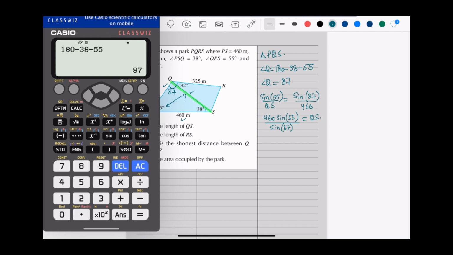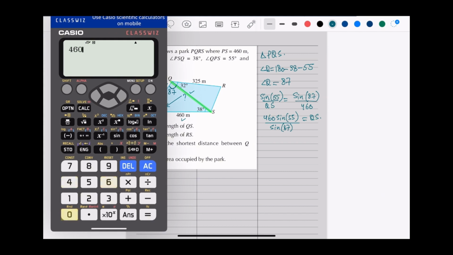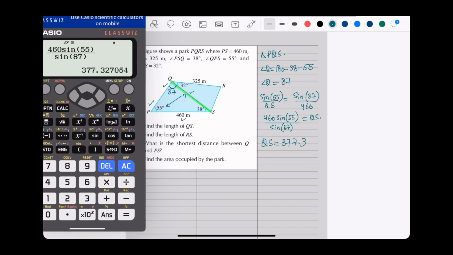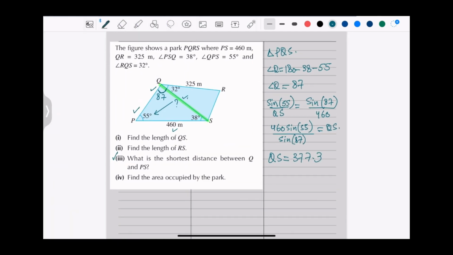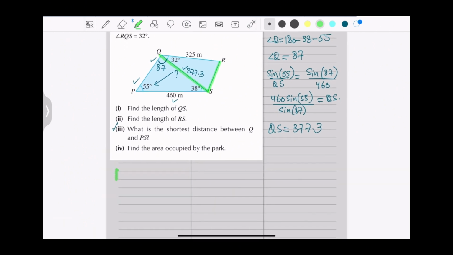So straight away applying that, QS is going to be 377.3. I'll write that down, 377.3. Now you are to find out RS. This is RS. Now for RS, as you could see triangle QRS, so from triangle QRS,